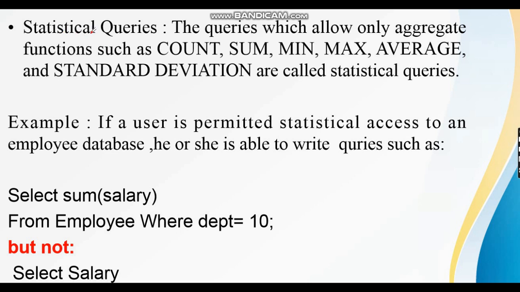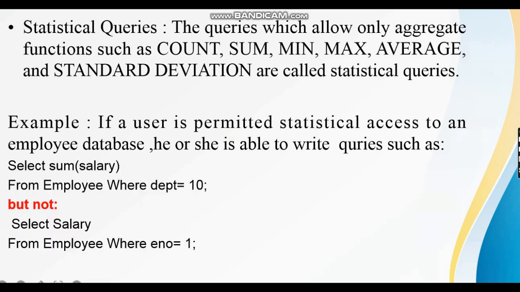So these are the statistical queries. Queries which allow only aggregate functions such as count, sum, mean, max, average and standard deviation are called statistical queries. Count, sum, mean. If a query has this type of aggregate function, it is said to be a statistical query. Example, if a user is permitted statistical access to an employee database, he or she is able to write queries